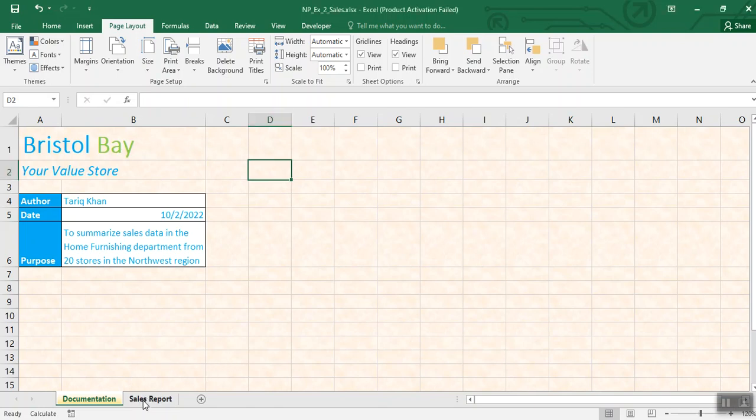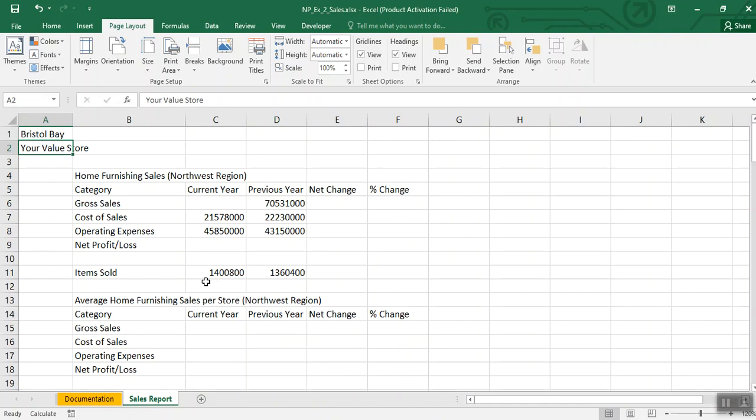So click on sales report and get familiarized yourself with the sales report. Do not click anywhere, do not change anything. Just take a look at the sheet first from top to bottom. So the name of the company, Bristol Bay, your value store, and then you are able to see under B column